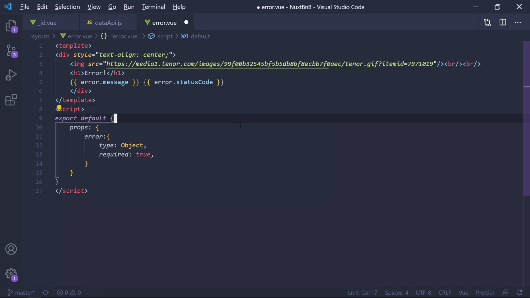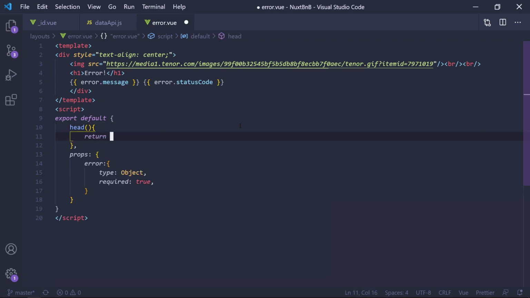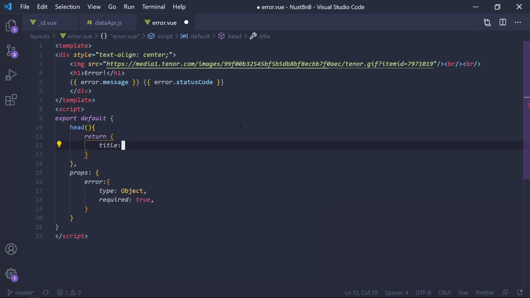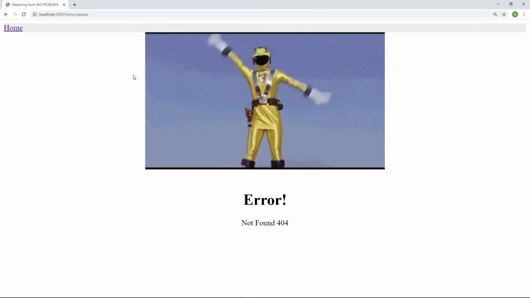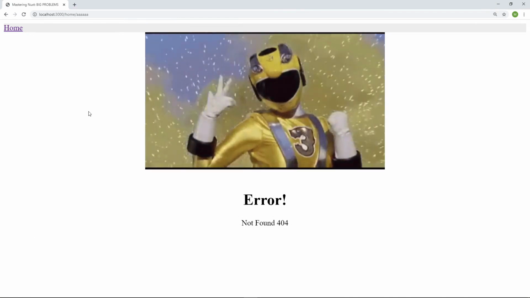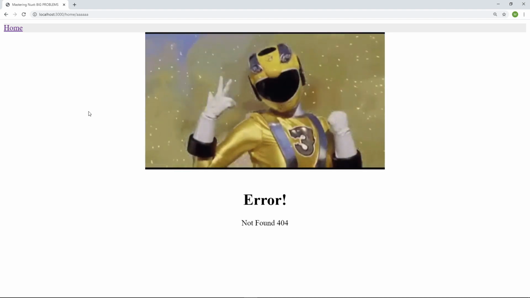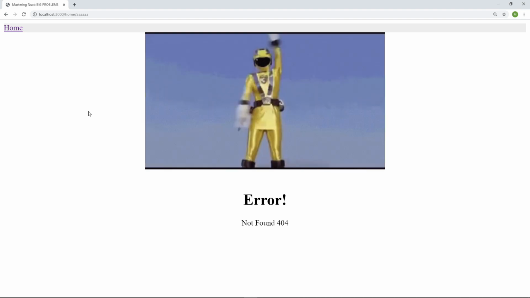Don't forget, even error pages need a title. Let's add one now. Save and refresh. Wow, this looks amazing. Play with your page, customize it, make it match your personality and your brand, but most